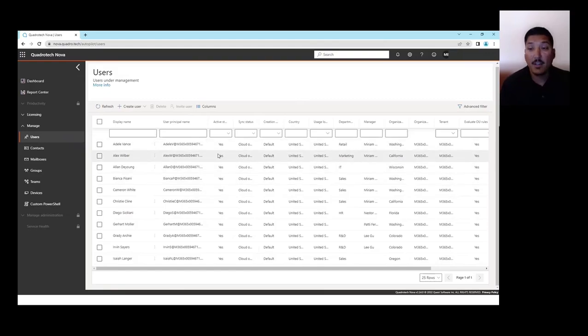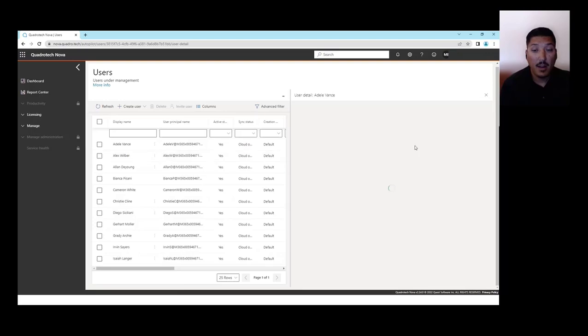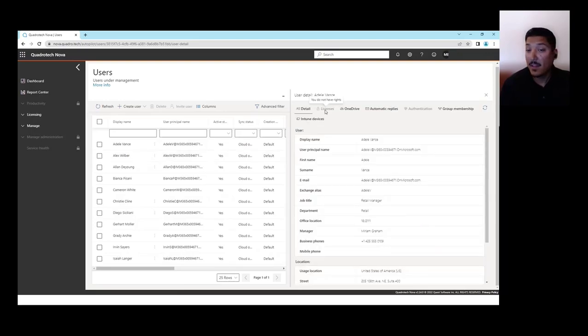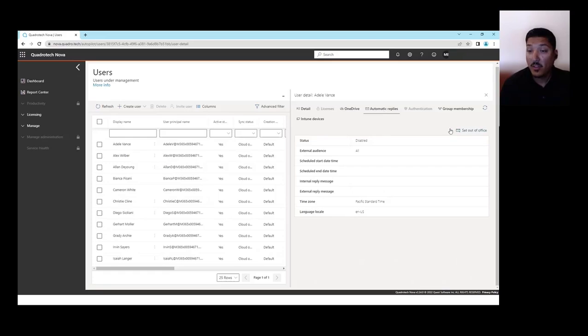And then if I look at what she has the ability to do here from the management perspective, I can see that she wasn't given any licensing ability, so she can't assign or remove licenses. She's not able to do anything with authentication or MFA. She can set out of office for users. So this is a big use case where maybe she's the manager of the North American users and someone's sick. So Adele is sick, so she can set the out of office for Adele without having to open a support ticket or have any access to the mailbox. She can just go ahead and set that for her